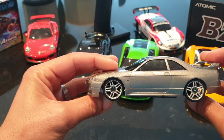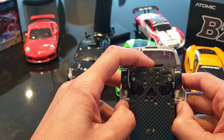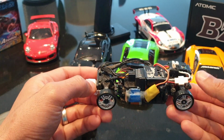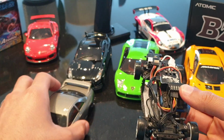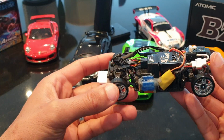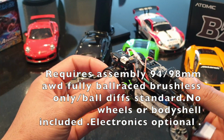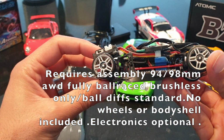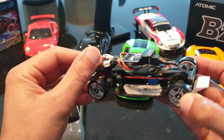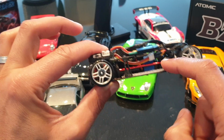So this is a 94mm mini Z body shell, and it really is sort of the rival. I think it was made to rival the mini Z all-wheel drive when they came out. The actual chassis design on this car is quite old now, although I bought this one last year. I've done a few hop-ups to this, but the basic premise is you've got a differential at the front, a differential at the back, and a drive shaft along the middle,